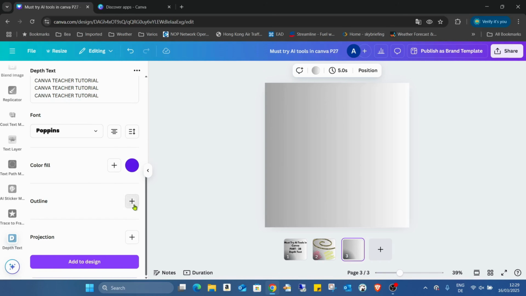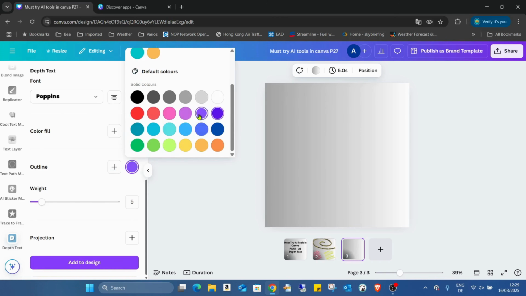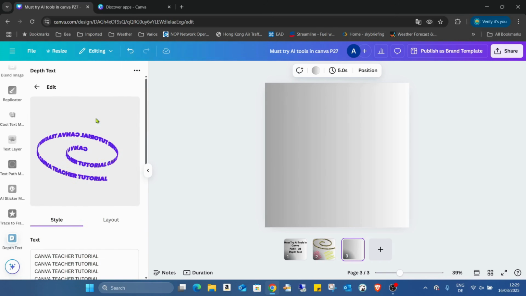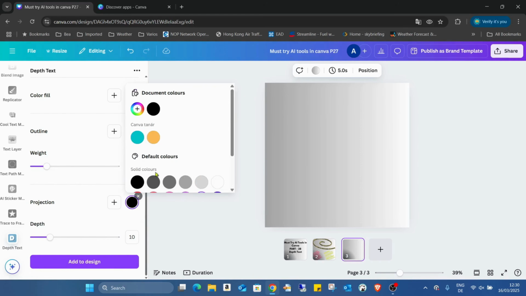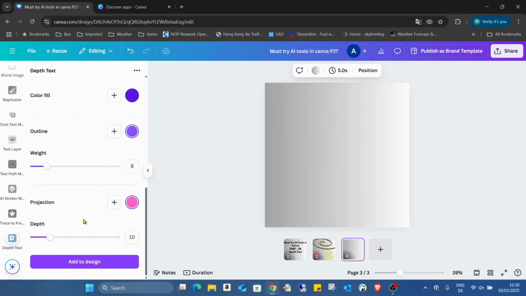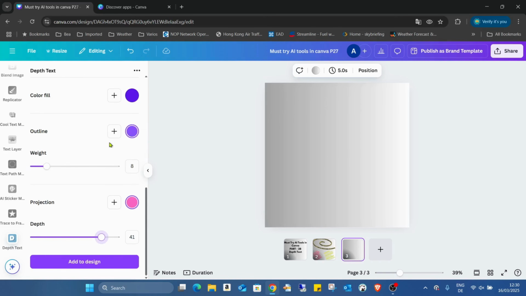We can add an outline. We can add some nice color for the outline. We can change the weight of the outline, and we also can add some projection. And I would use a pink to see the projection and increase the depth of the projection. As you can see, the projection is behind the original text. It's pretty amazing. So just adding to the design,